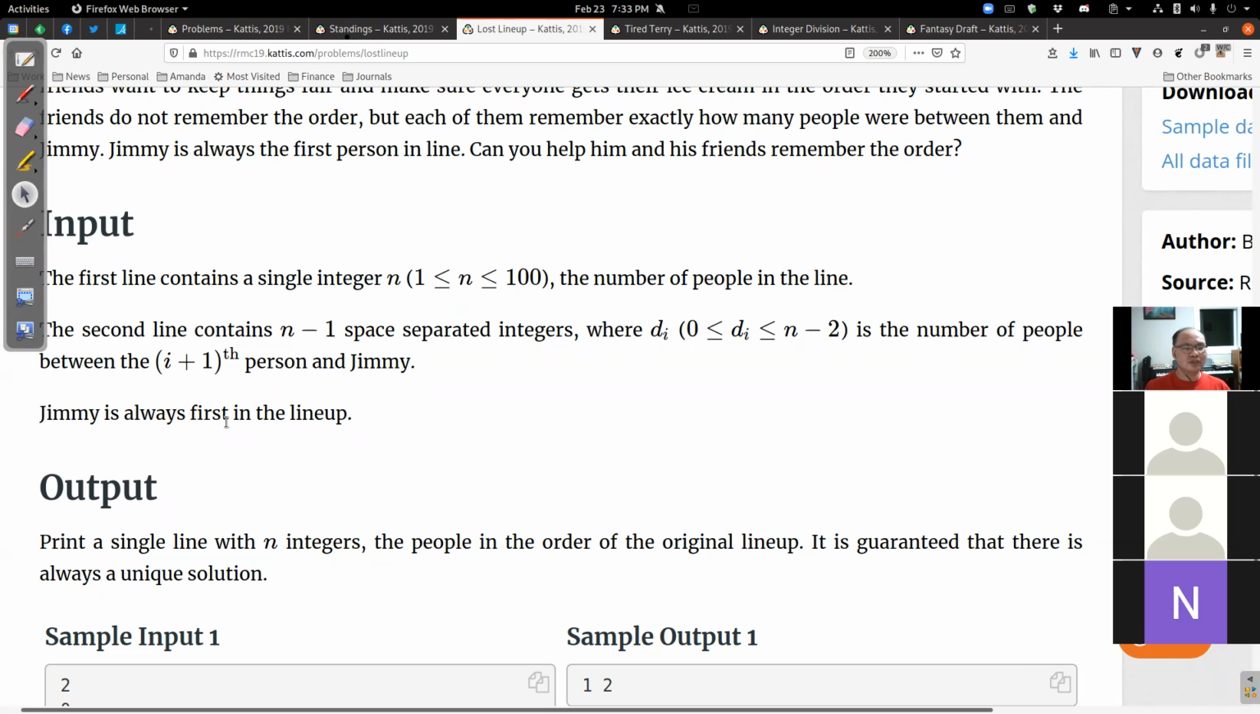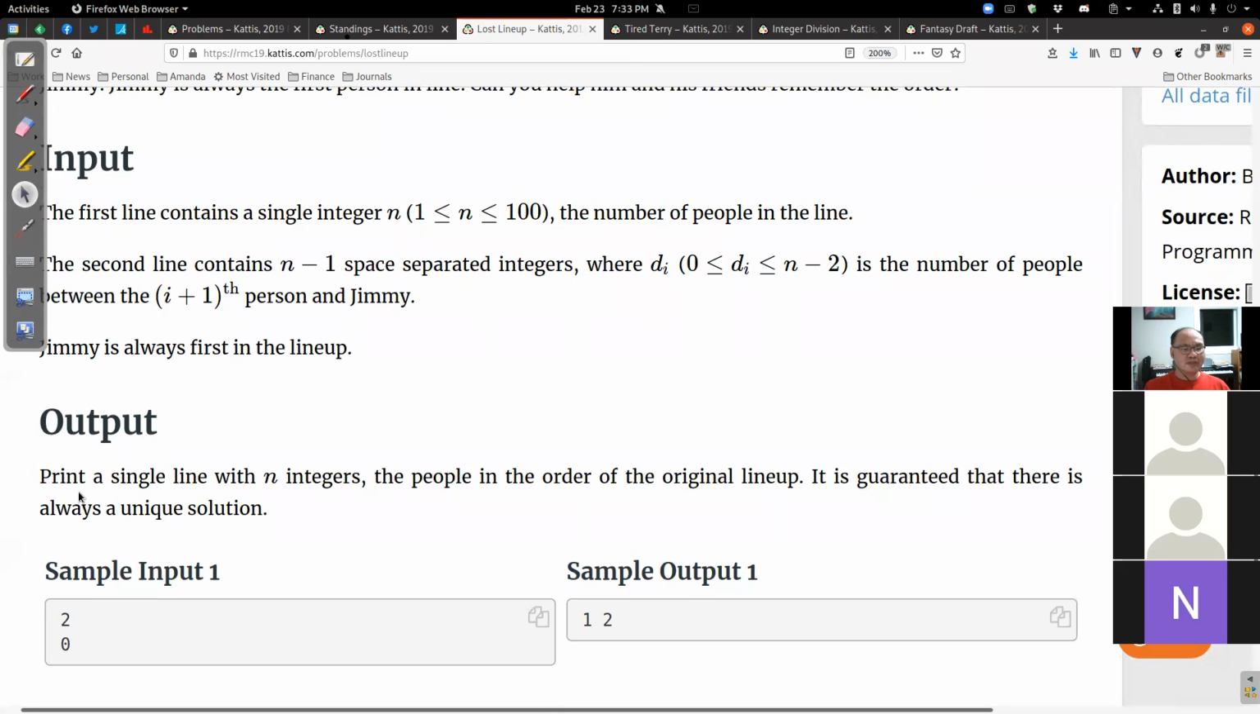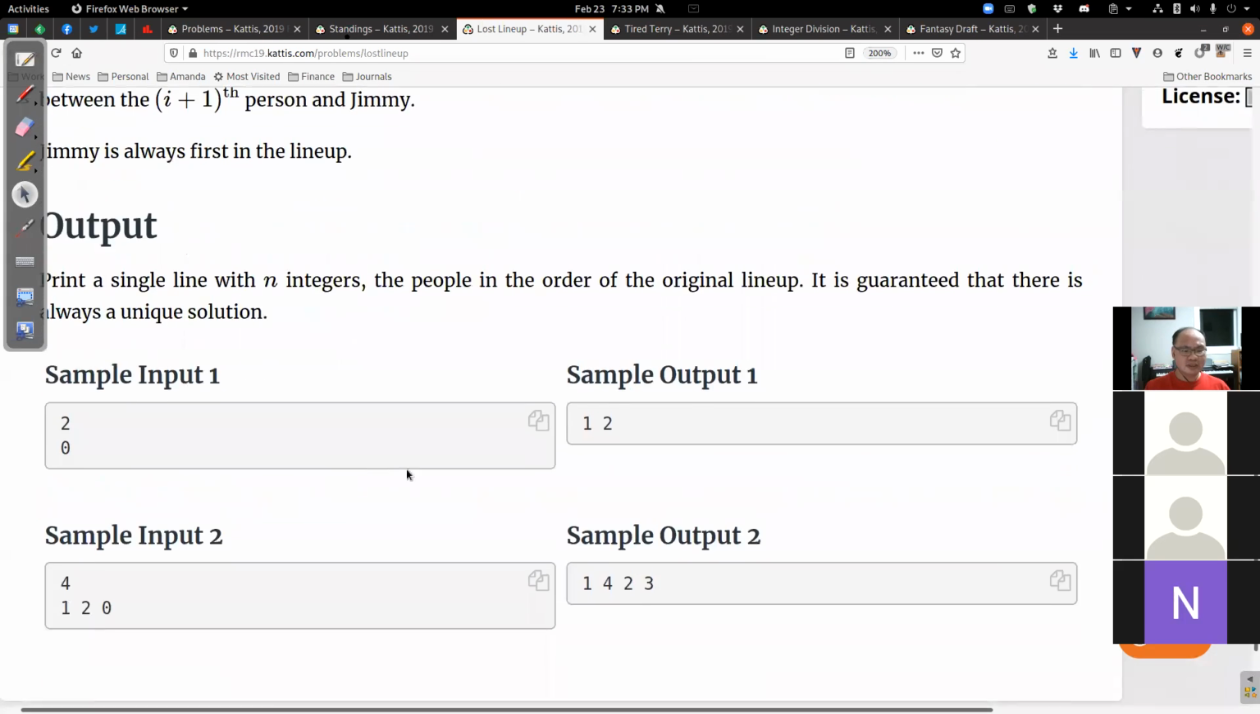Because Jimmy is always the first one. Okay, so Jimmy is always first. Print a single line with n integers, the people in the order of the original lineup. It is guaranteed that there is always a solution. Okay, so